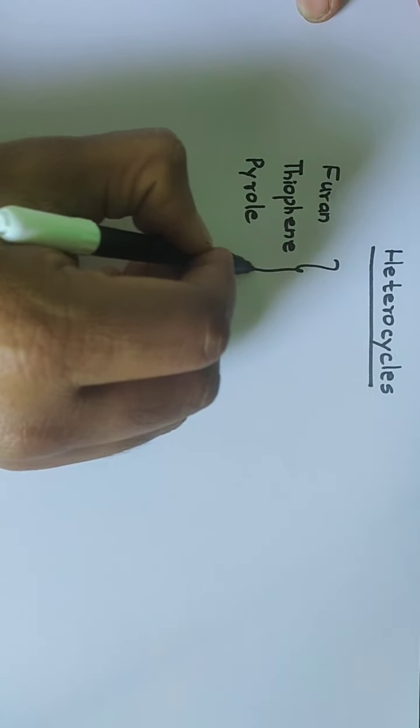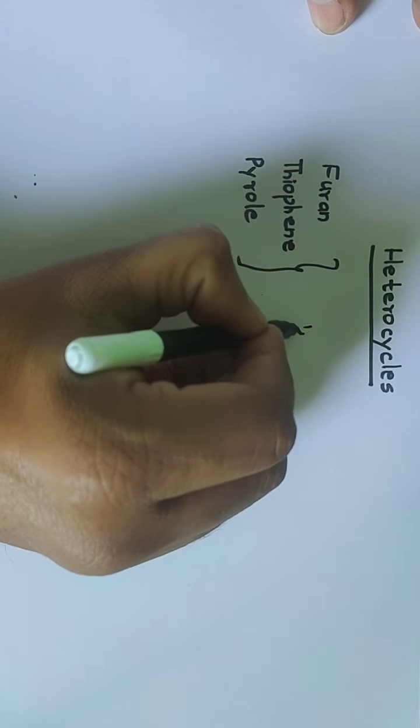These are the 5-membered heterocycles, and we'll also discuss the synthesis of a 6-membered heterocycle, that is pyridine. The synthesis of furan, thiophene as well as pyrrole, these heterocycles can be prepared from